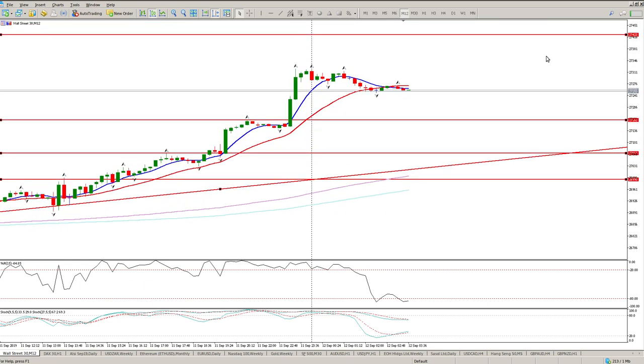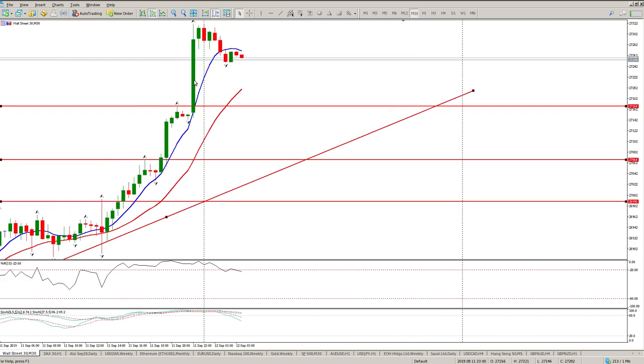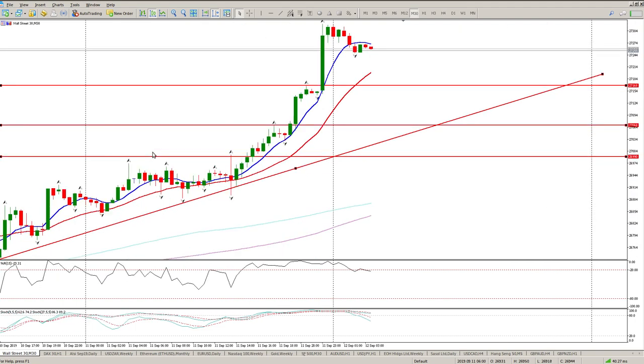Now, the way that I'll be doing this at the moment is looking for an entry on lower time frames. Okay, there's a bit of a gap here as well. So I think for me, the half hour would definitely indicate an opportunity to get in. As soon as my oscillator starts grouping to the downside, start looking at a logical level, and you can see I'm just taking the fractals here on the lower time frames